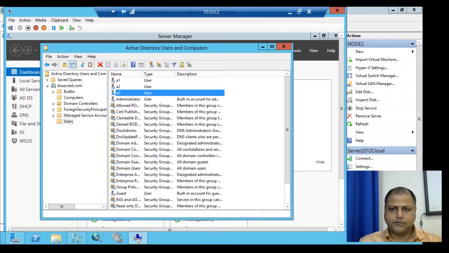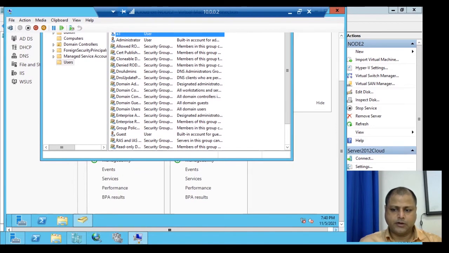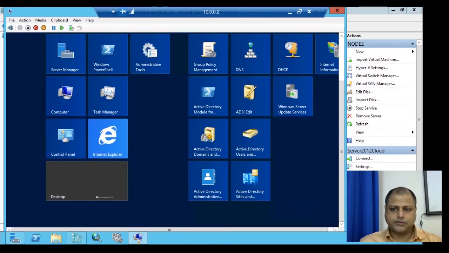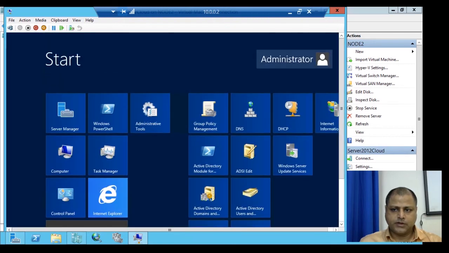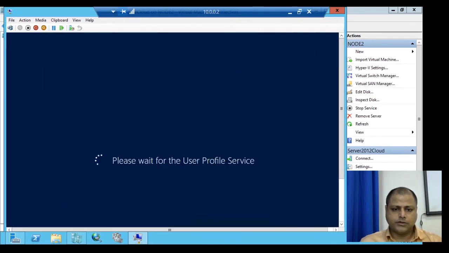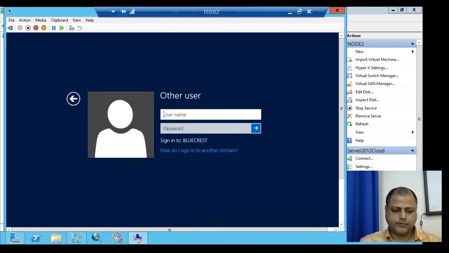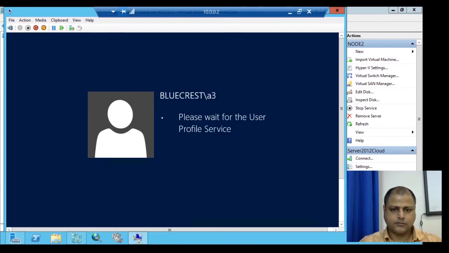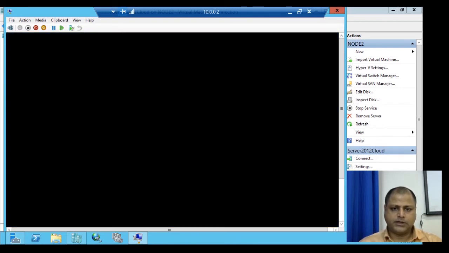Now we'll log out from the administrative privilege and log in with the user privilege. We'll move to the user and log out the administrator. Now we'll log in with the user A3, and you can see that it is able to log in.